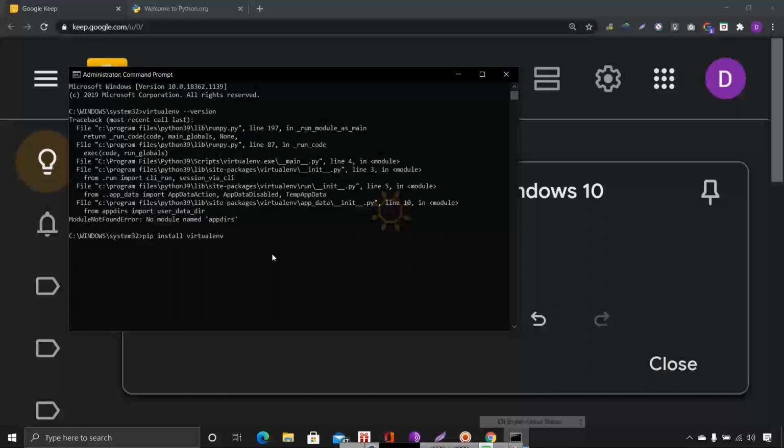So create a separate folder first on the desktop or wherever you want, and put all the files in the virtual environment format. First we will install this virtualenv.